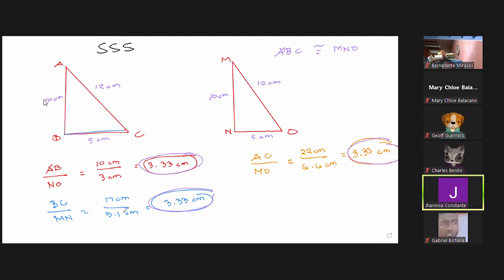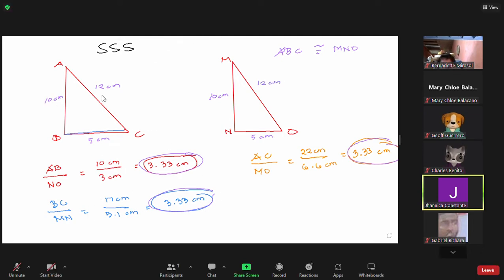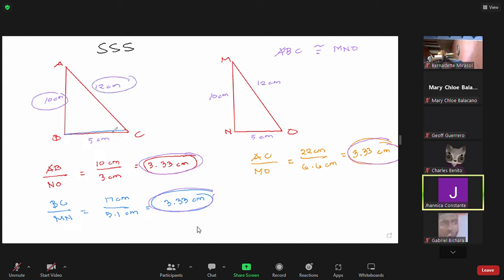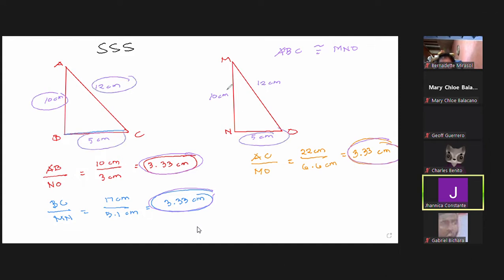Well, okay? As you can see, the corresponding parts have the same measurement as the other triangle, right? Mas madaling i-identify. Since pare-parehas sila ng measurement, we don't need to get the ratio of its corresponding parts kasi parehas na sila ng measurement. Okay, we can already say that these two triangles are congruent because of the measurement of the given side of